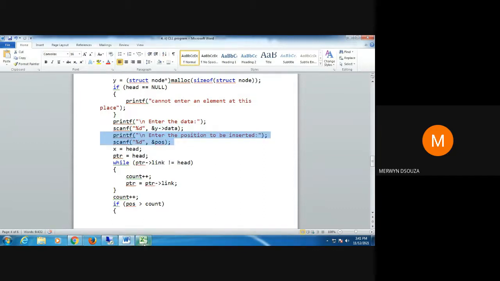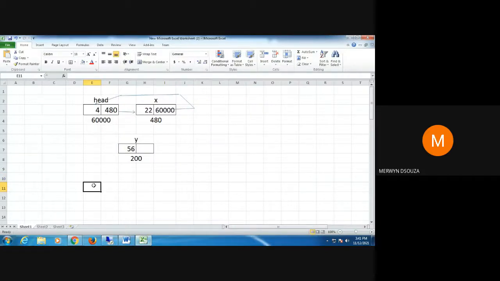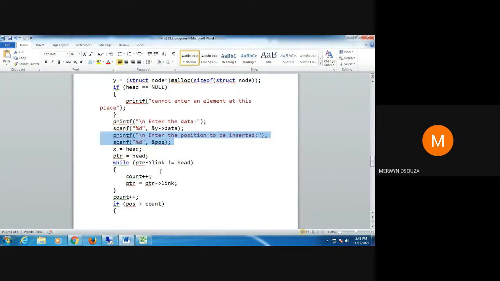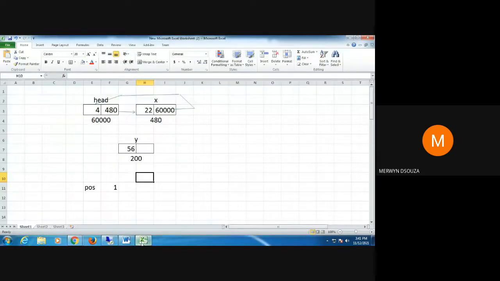Let's say I take the position as 1. Then I say head equal to x. So that means head and x will be pointing to the same node, that is your first one. Both of them will be pointing here, x and head.